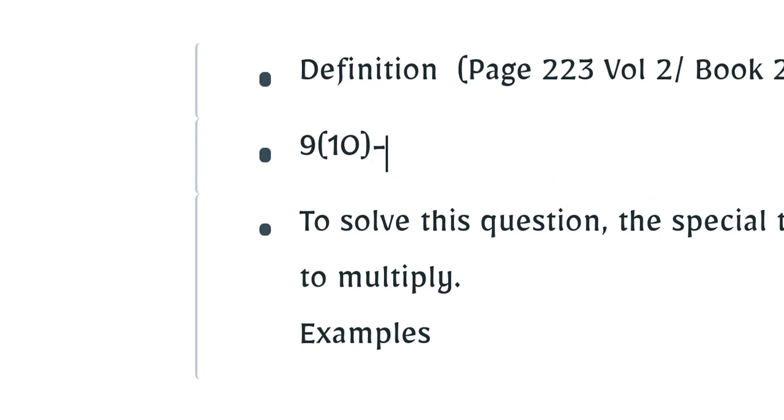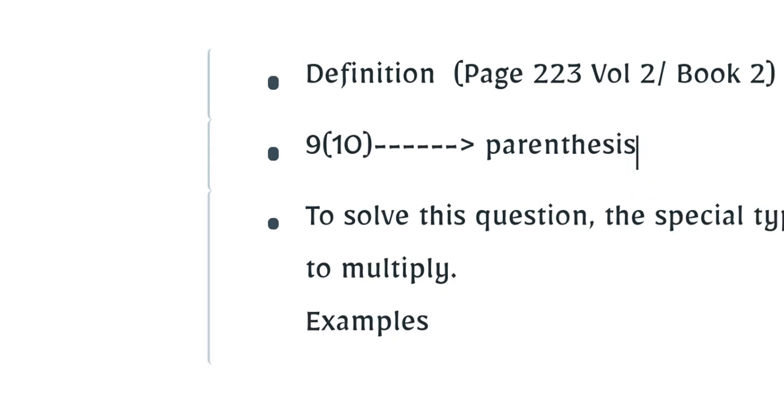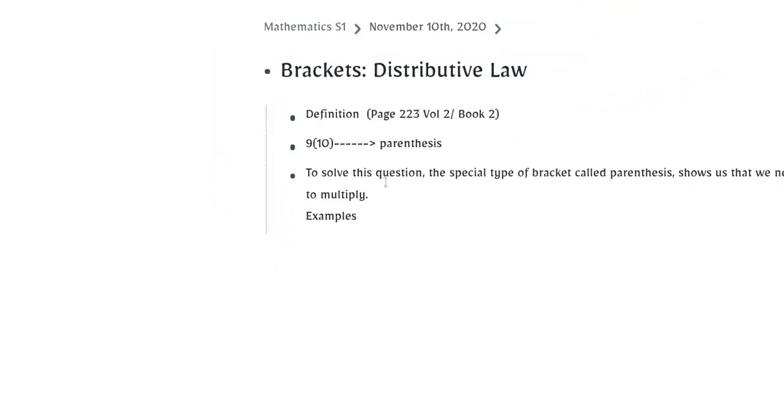So this type of bracket is called parentheses, right? That's what we use to identify when we need to multiply,